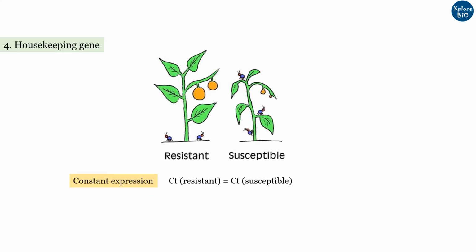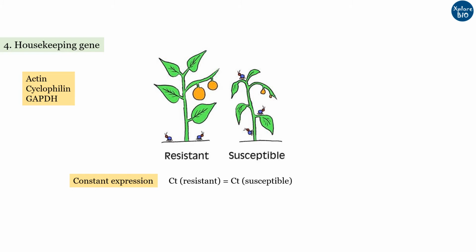The number 4 in the list is housekeeping gene. It is very crucial if you are performing an RT-PCR experiment. It acts as an internal control. Housekeeping genes are the genes whose expression is constant across the different tissues or different conditions. Examples of housekeeping genes include actin, cyclophilin, GAPDH, etc. Sometimes two housekeeping genes are used as internal control for confirmation.